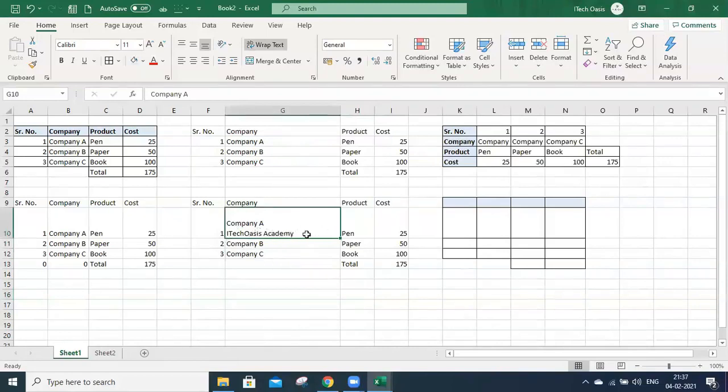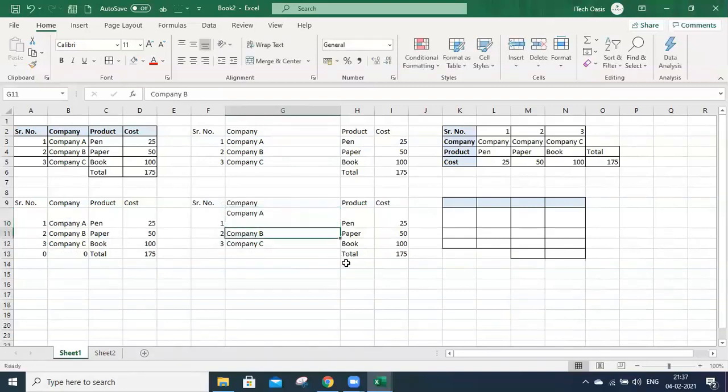Okay, right now I don't want ITechOasis. So what I will do is go inside by double clicking and select all the text from ITechOasis Academy and press delete or backspace. So I will press delete and press Enter. Now you see that the company A row height is not like this row height. Why? Even if I double click here between row 10 and 11, the row height is still not getting adjusted. Why? This is because after company A, when you click below here, you can see